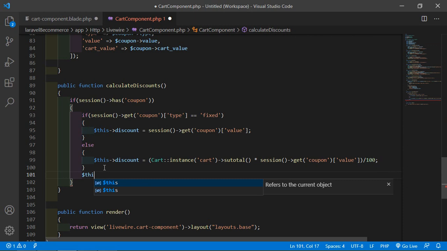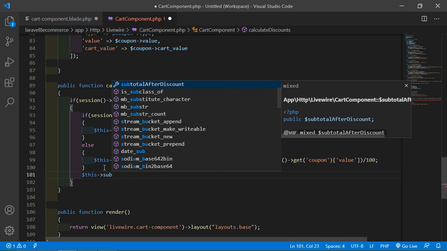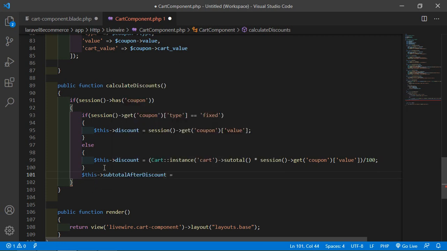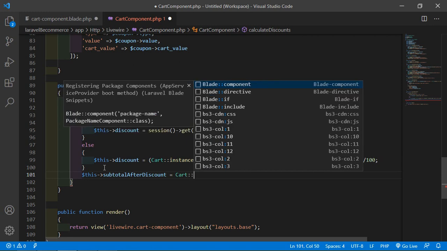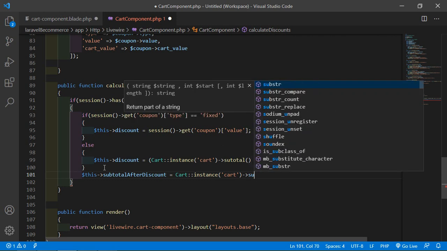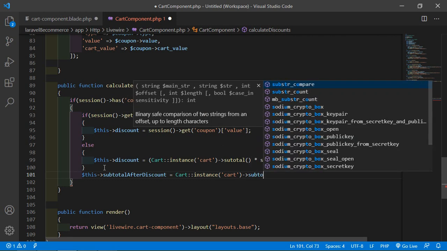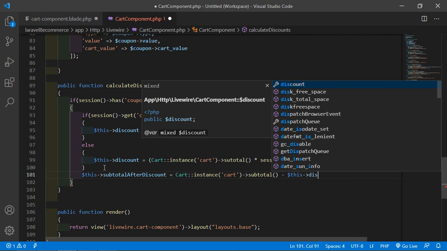So access the property subtotal after discount is equal to, right here Cart::instance cart, and access the subtotal, and now minus the discount from subtotal. So right here $this->discount.